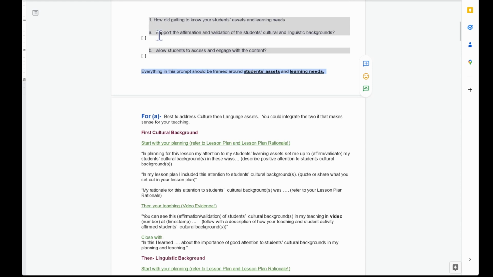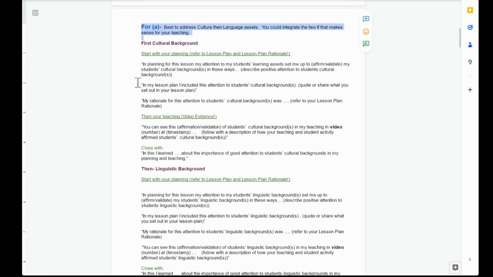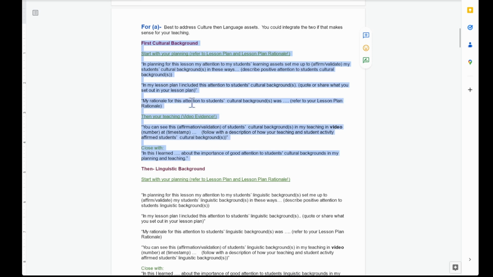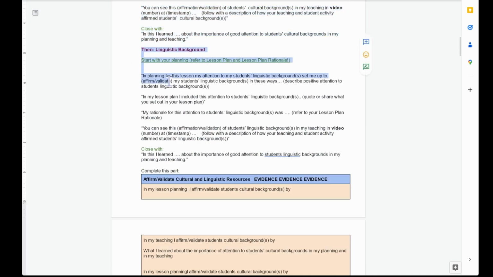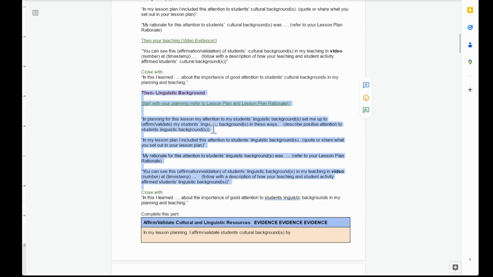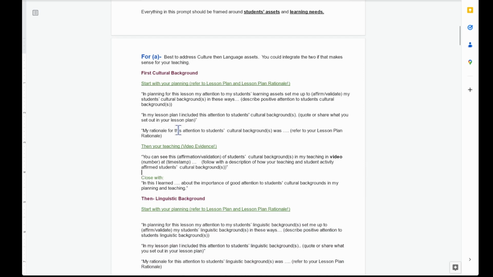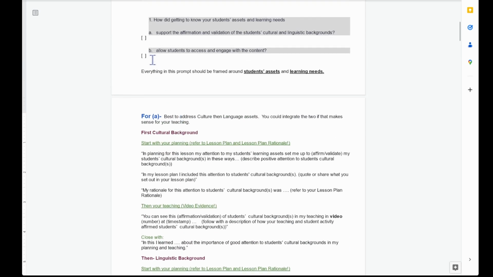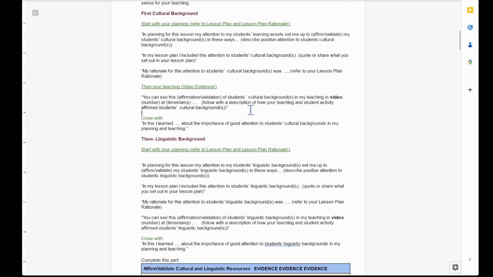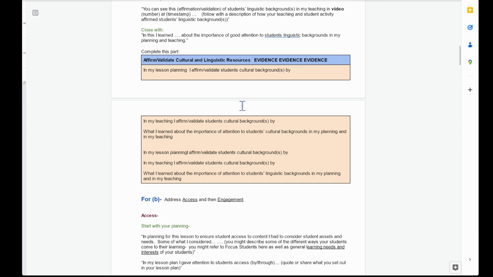And then for this prompt A, you'll see that I break it down. Then I suggest to you what you might think about in terms of cultural background. Then for linguistic background, I do the same thing. And so that's part A. You can see prompt A here was about cultural linguistic backgrounds, thinking about assets and learning needs. But you'll see also that prompt B is here as well. Allow students to access and engage the content. After addressing prompt A, I set out